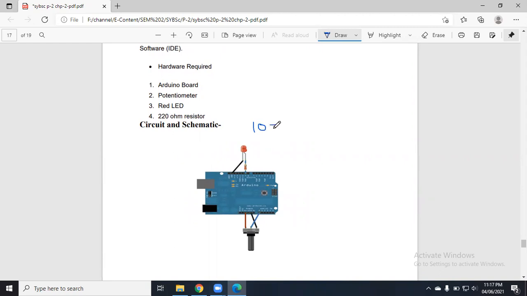So the total number of values the ADC will convert from analog to digital is 1024. How? 2 raised to 10 is 1024. If you are counting from 0, then it will be 0 to 1023. So my ADC will be able to perform conversion from 0 to 1023.